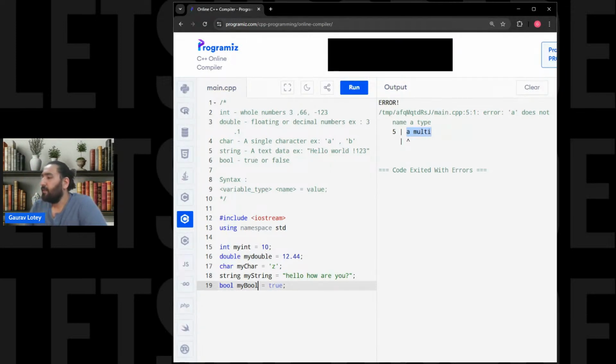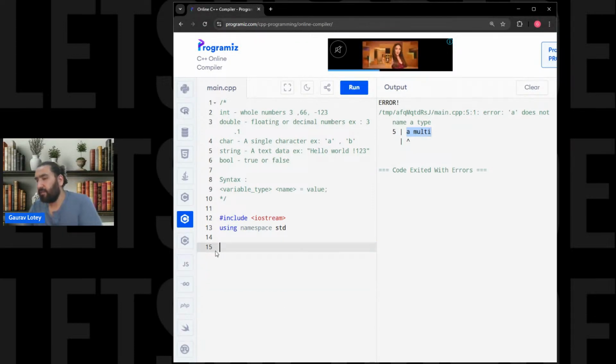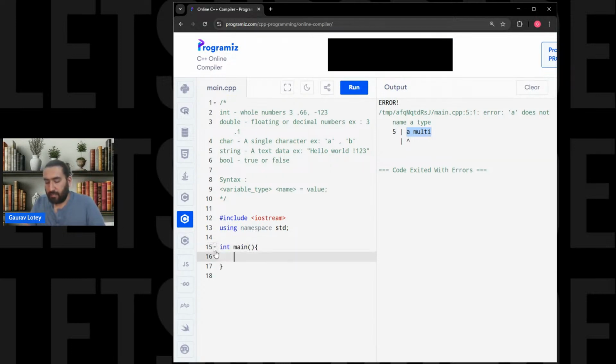Let us go back. Suppose, let us say, I'll give you a more sensible way to look into how we could name our variables, right? Suppose I have to write a program which takes in the age and prints it out for us. So again, we will be using iostream, using namespace std. We will declare our main function, int main. We'll start, okay, we will declare a variable, say x is equals to maybe 29, and